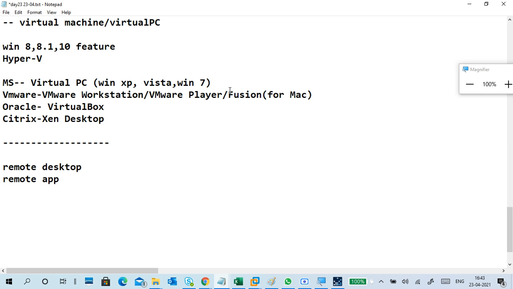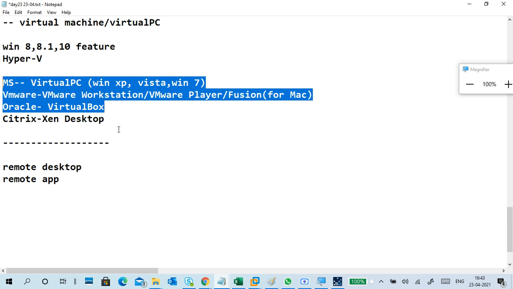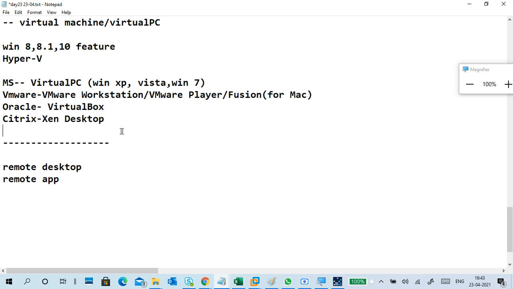But from Windows 8 onwards, Virtual PC does not work. 32-bit and 64-bit are available. Next, VMware Workstation, VMware Player, and Fusion, which is for the Mac, if you are using an Apple computer. VirtualBox from Oracle, Xen Desktop, these are for desktop virtualization purposes. These are application-related ones only.